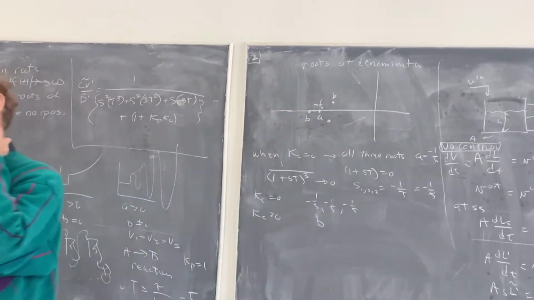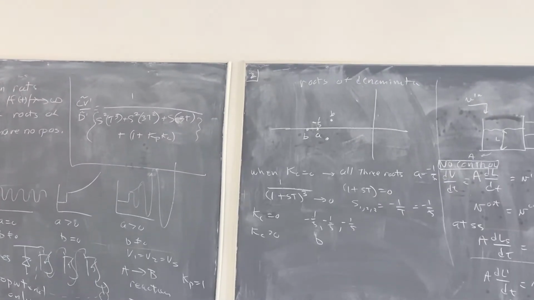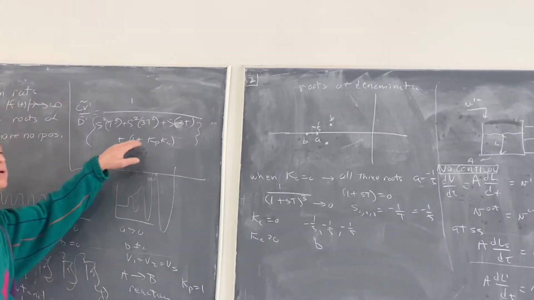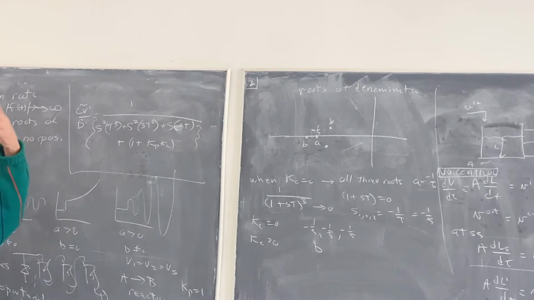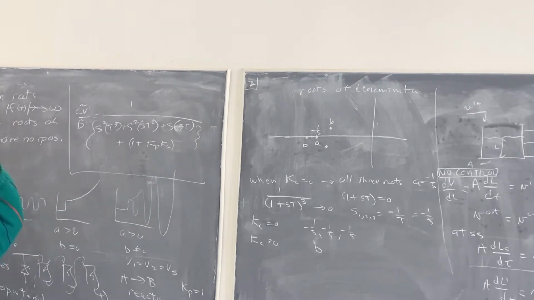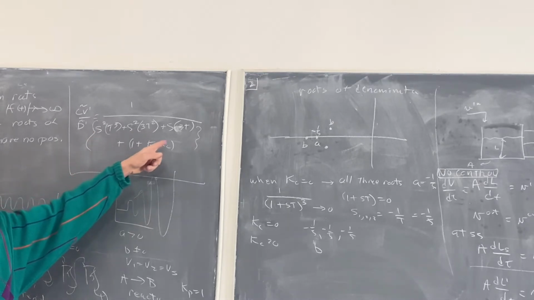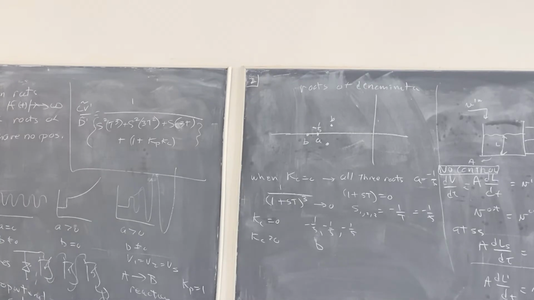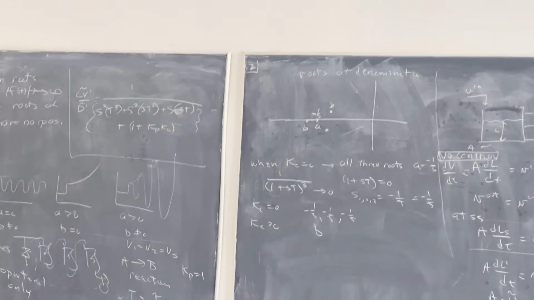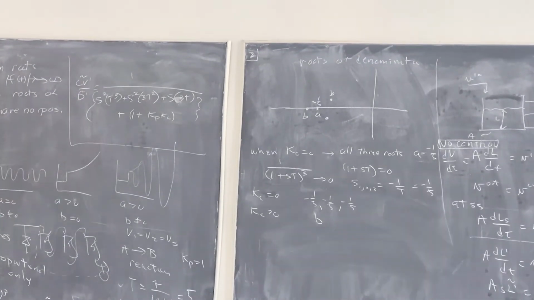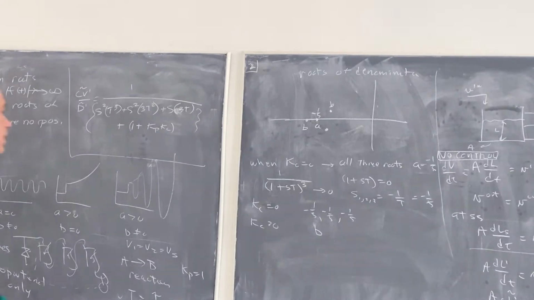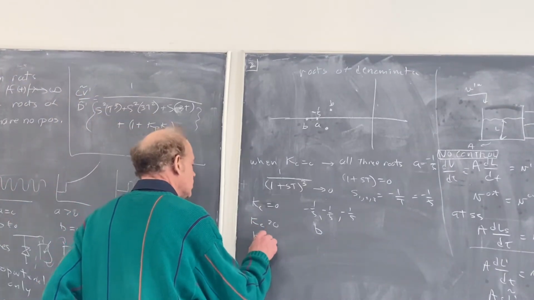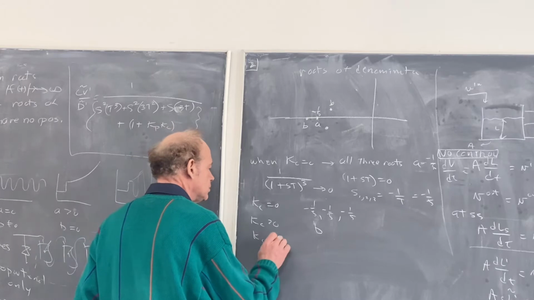And we know that that has to be the case because the coefficients of this cubic are real. Whenever I have one complex root, I need another complex root that is its complex conjugate, so that when I multiply them out, I can get real coefficients here. So I could only have even numbers of complex roots. If I have 3 roots, at least one of them has to be real. As Kc gets even bigger,